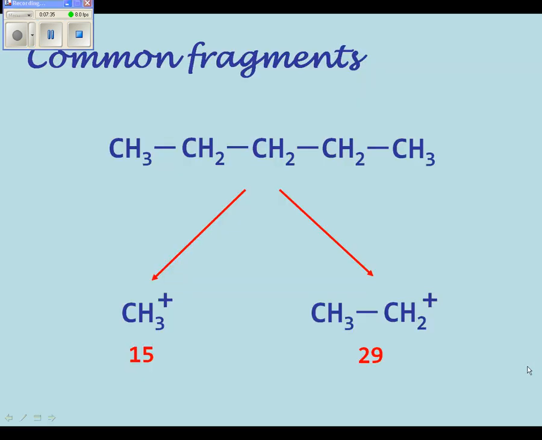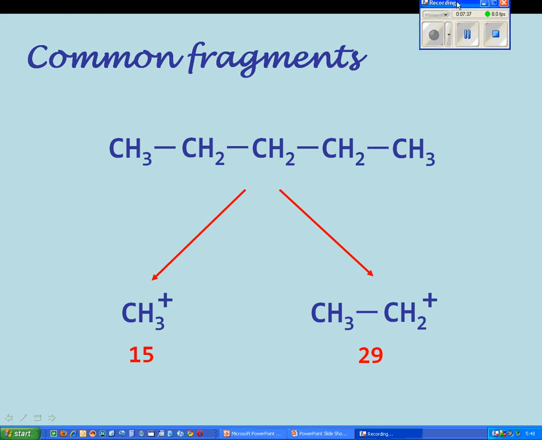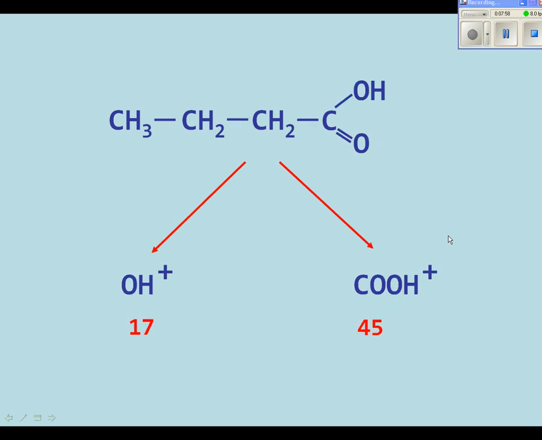Now, some common fragments that are required by the IB syllabus include things like, as we've already seen, the methyl ion with a molecular weight of 15. From pentane, we could also get an ethyl ion with a molecular weight of 29. From a molecule like this, butanoic acid, it's not uncommon to get a hydroxyl ion, an OH plus with a